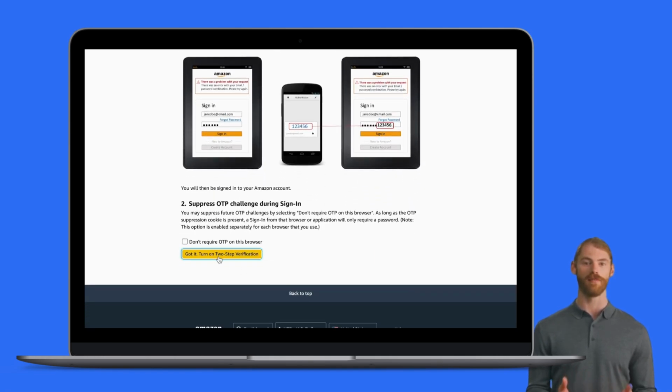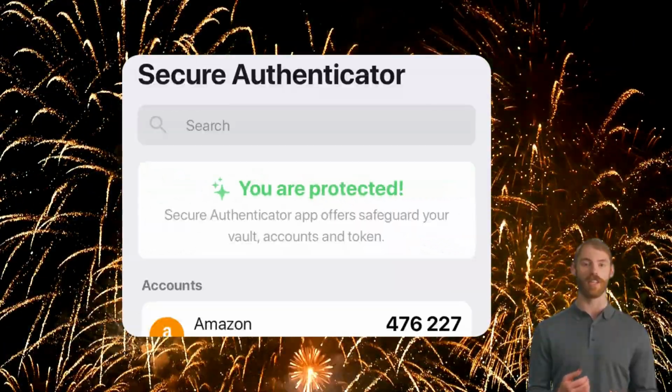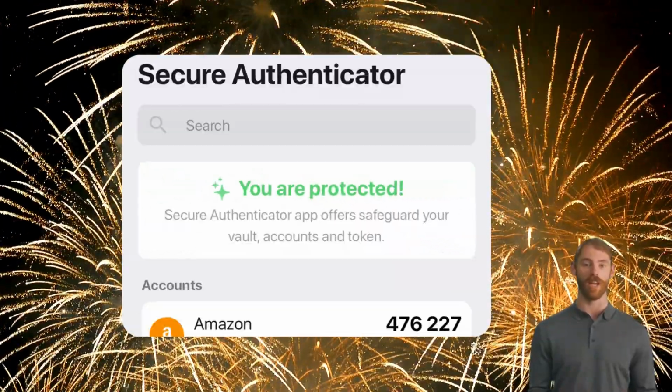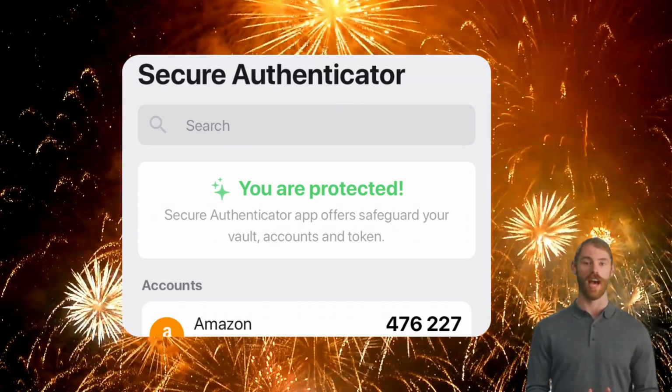And that's it! From now on, every time you log into Amazon, you'll need to enter a code generated by Secure Authenticator, adding an extra layer of